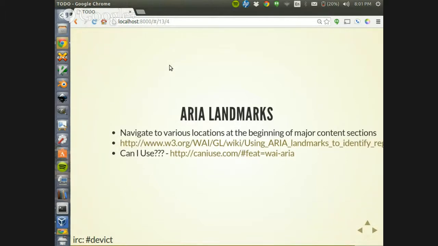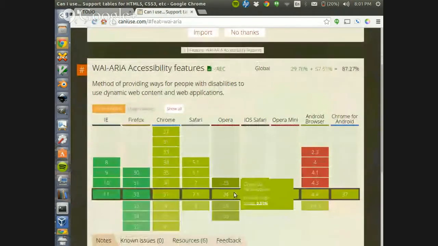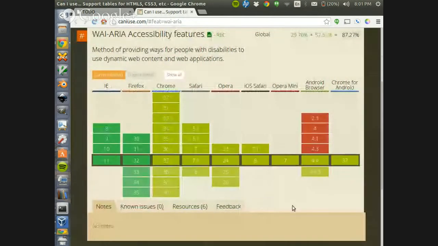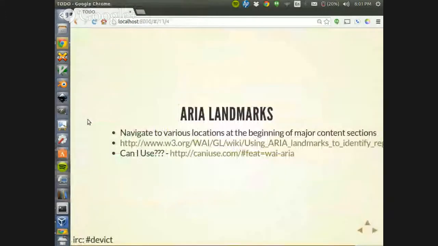They're meant to be used in the same way. I'm not going to link through to that, but there's that. And this illustrates the breadth or lack thereof of support for WAI-ARIA accessibility features. Surprisingly enough, IE8 gets good marks, I guess. I guess I have to admit it.